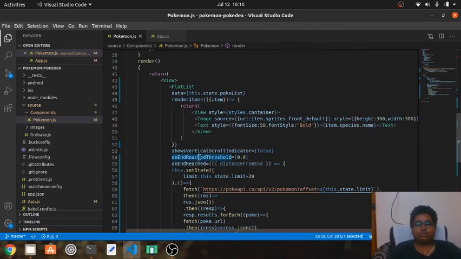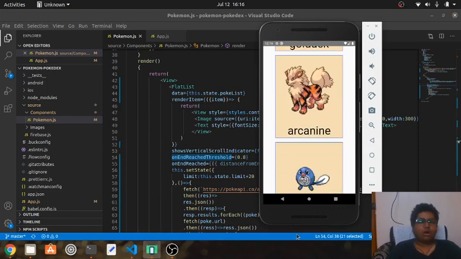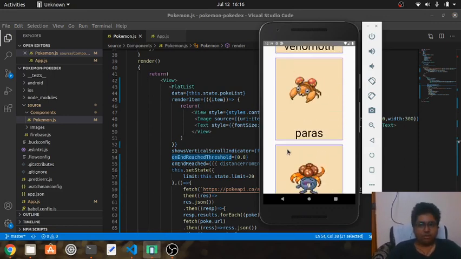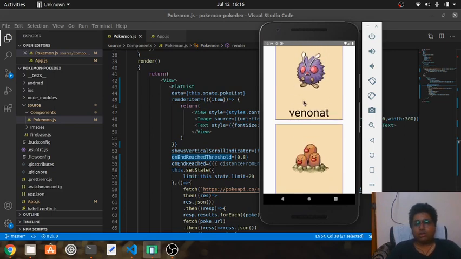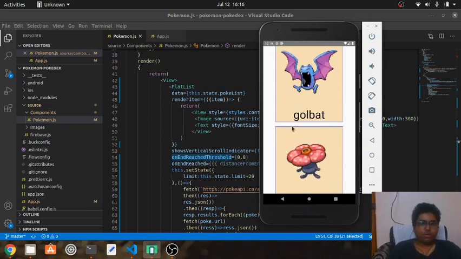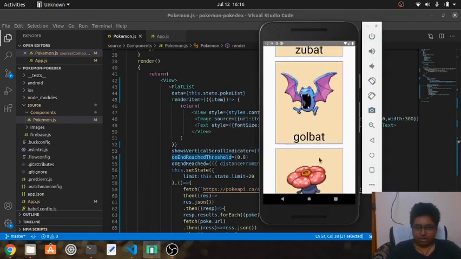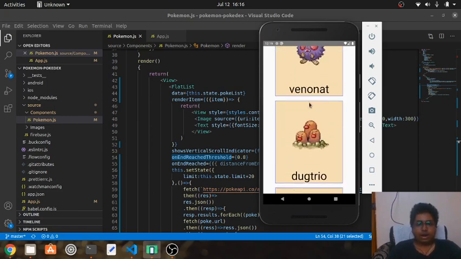And now the next point is onEndReachedThreshold. Many times you would want to fetch the data not only when the end is reached, but when a certain threshold of the flat list is already covered. So what onEndReachedThreshold does is it detects at what percentage the flat list is covered.